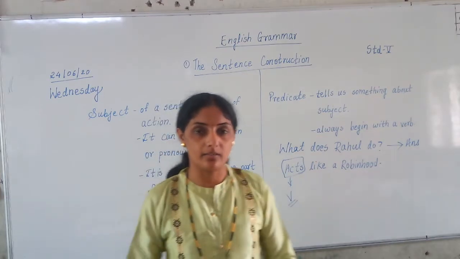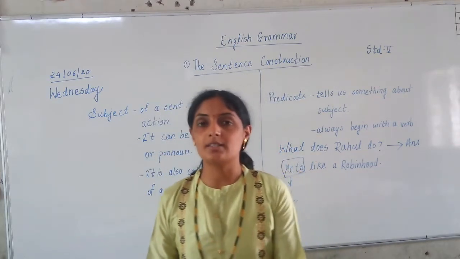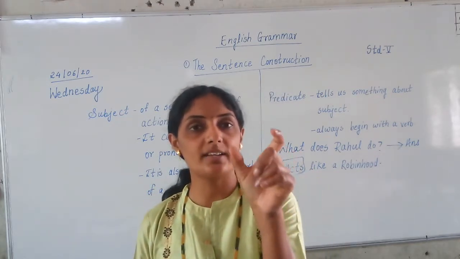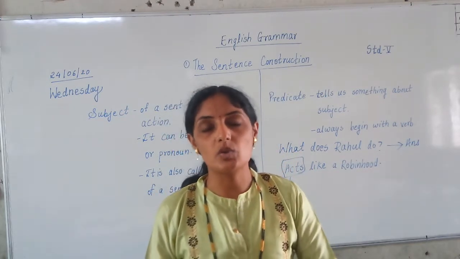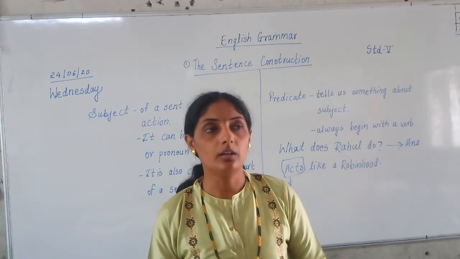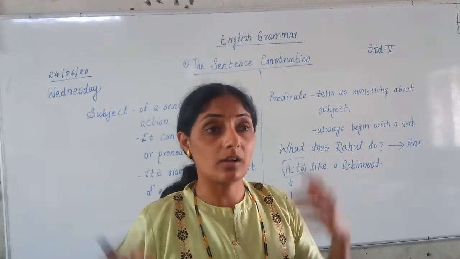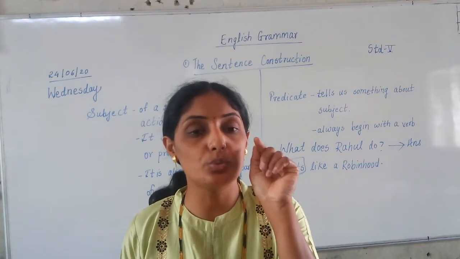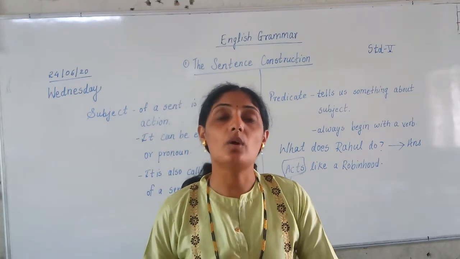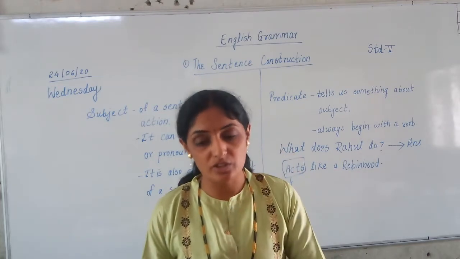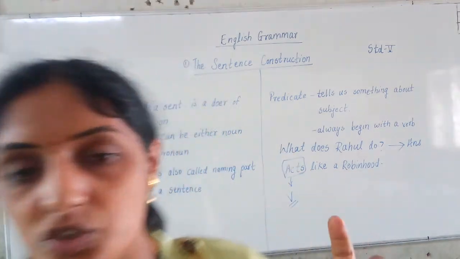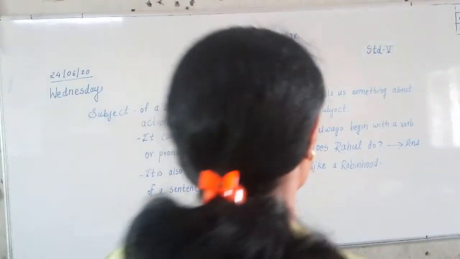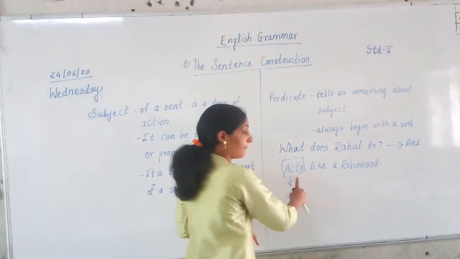Acts means what? Acting. You know, to do acting. Yes or no? Someone does acting of hero, heroines. Act is what? It is an action. Acting you do. Yes or no? Then jump, run, smile, laugh, cry. These all words are what? These words are actions which you do. And the words which tell about actions, or the words which do action in the sentence, those words are known as verb.